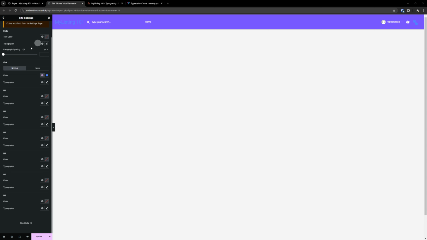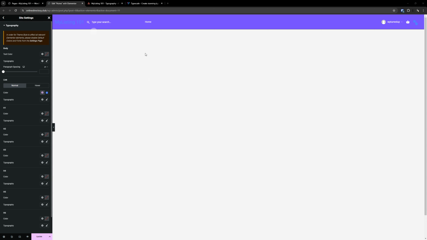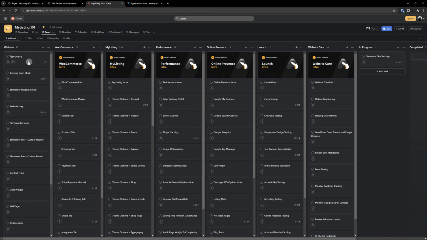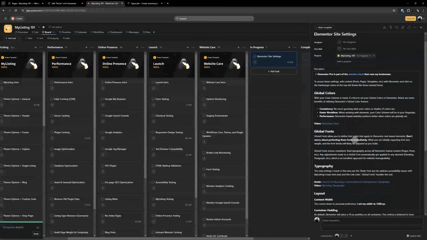And I'm now in the typography area, just like we are here. And before I start configuring anything, let me go back here to our project template and see if there's anything I need to mention in here. So we're done with typography, that particular task card. Like I said, we're still on the Elementor site settings, and